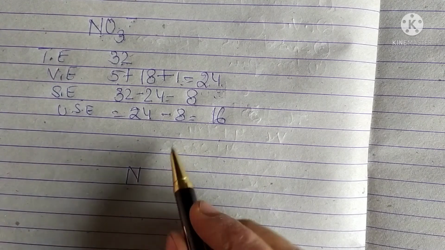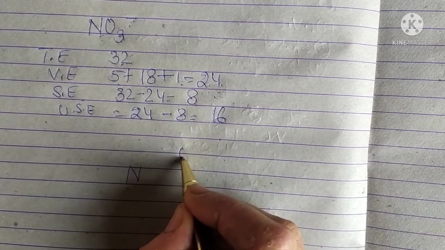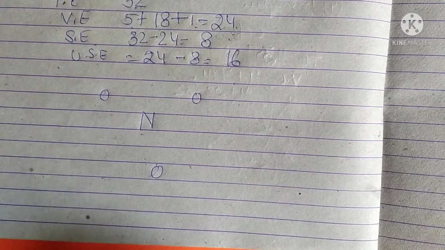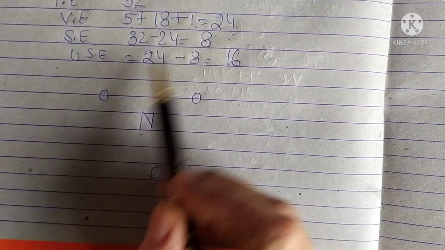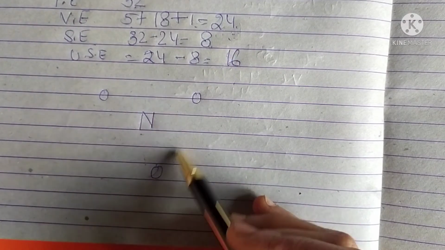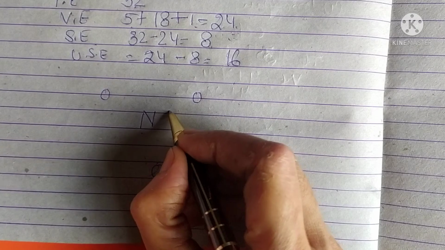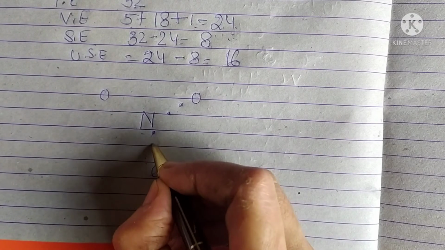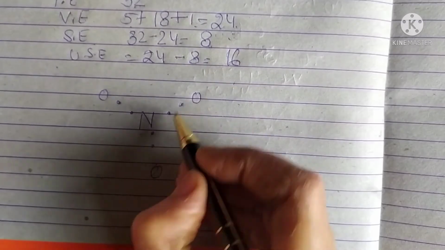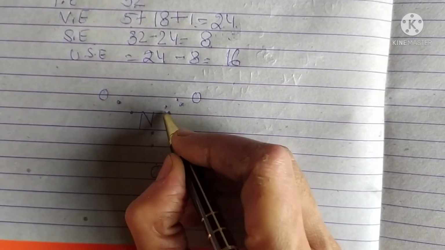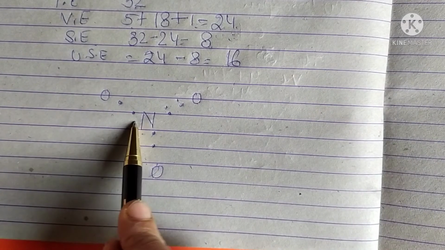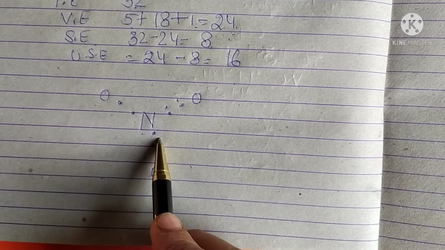Now there are 3 oxygen atoms. So one oxygen atom, second oxygen atom and the third oxygen atom. Now out of total electrons, 8 electrons are to be shared between these 3. So it will be 1, 2, 3, 4, 5 and 6. So one more is there, we can write it anywhere between nitrogen and oxygen, either on this side or in between this or in between this. So these 8 electrons are shared.